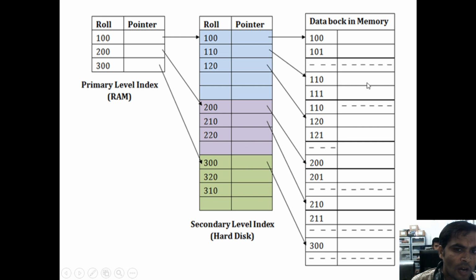Under this record 110, the pointer points to the next record, meaning the address of this block points to the second record. See the scenario for 111, how it is searched under the index. First under the primary index the search key value is not found, then it goes to the secondary index. Under the secondary index also it is not found. The nearest value is 110; the actual search value 111 is not there in the secondary index either.